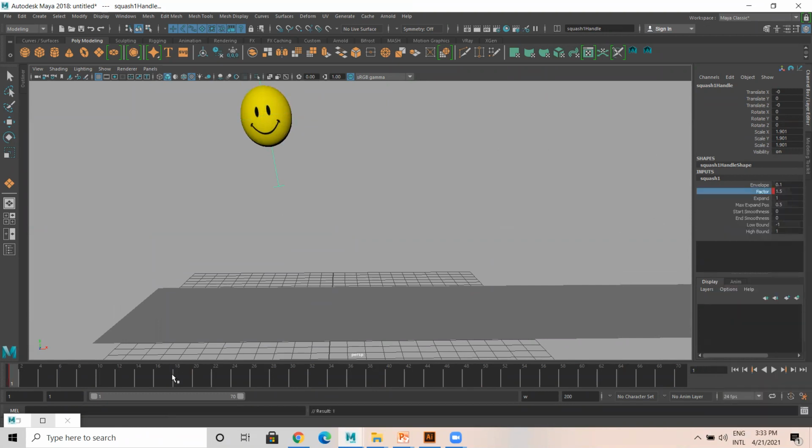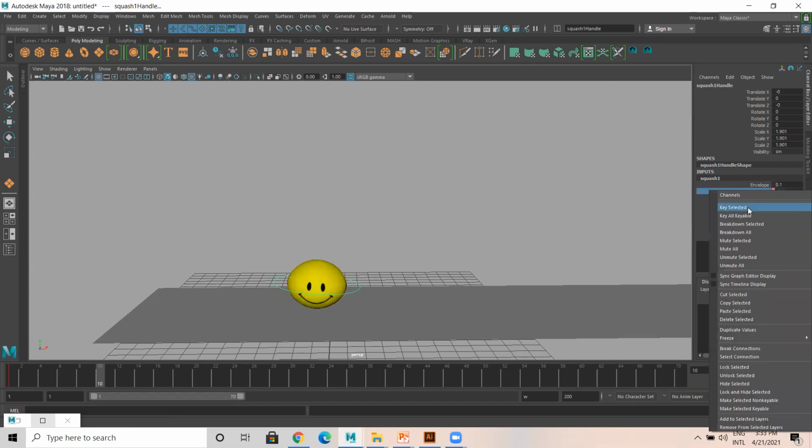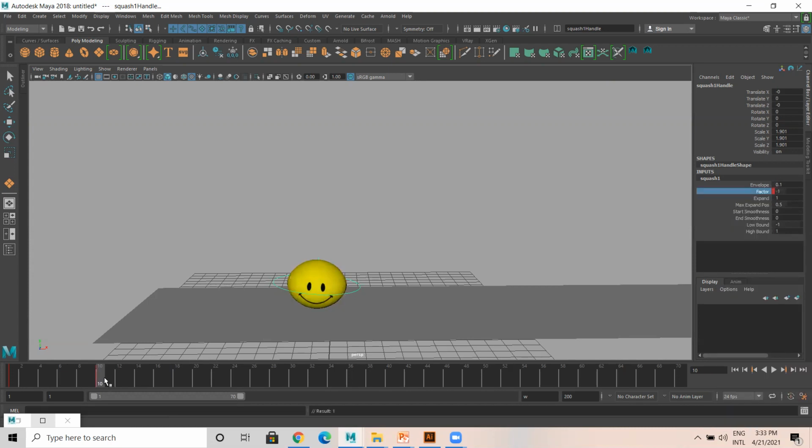Right click, key selected, frame number 10. It's minus 1.5 or minus 1 is enough. Key selected. So then go back to frame 20. Here it's 1.5 factor, key selected. And 20 to 30 you come here, -1, right click, key selected. Then 30 to 40 you come,